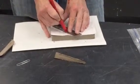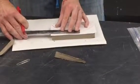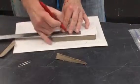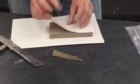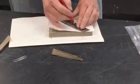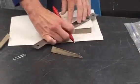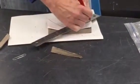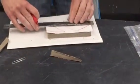So I'm just going to come in here and I'm going to push hard enough that when I lift, I can see a little bit of an indentation, okay? And you can see a little bit of that. So you're going to trace the whole thing before you lift it. Don't lift it because then you'll never get it back to the right place, exactly where it was in the beginning, okay? So after you trace it on here and the whole thing is traced,